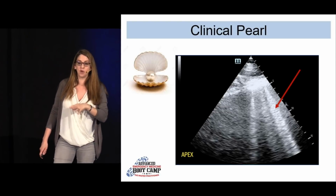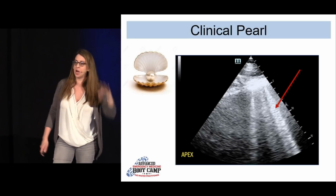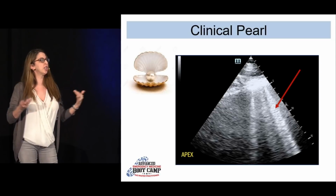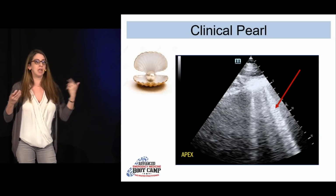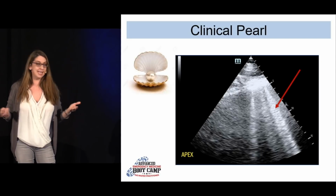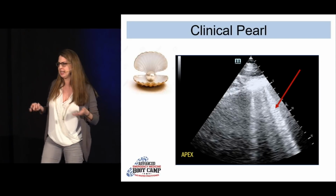Okay, so that's what you're seeing over here. We're looking for this artifact to help us make this diagnosis. And in order to make the diagnosis, what we're doing is looking for more than 3 B lines in both lung fields, right? And if we see that, we can say with pretty good certainty that this is a